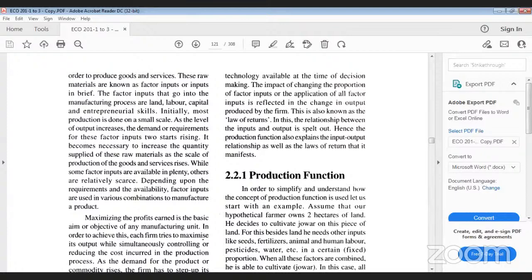In order to simplify and understand how the concept of production function is used, let us start with an example. Assume that our hypothetical